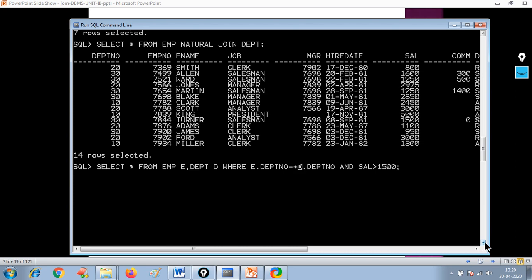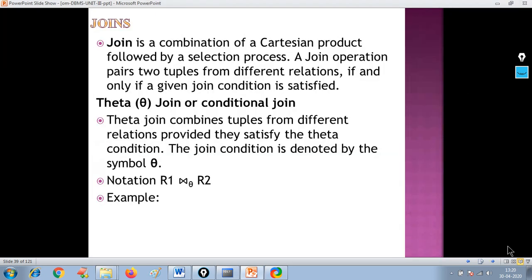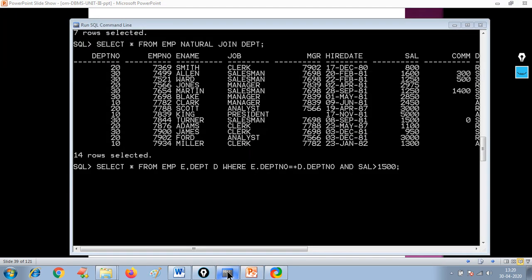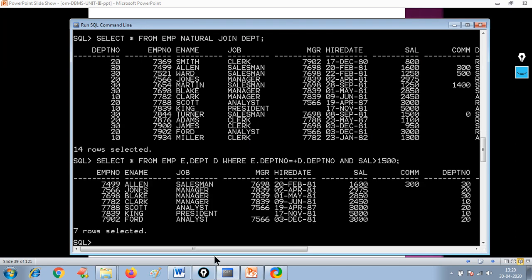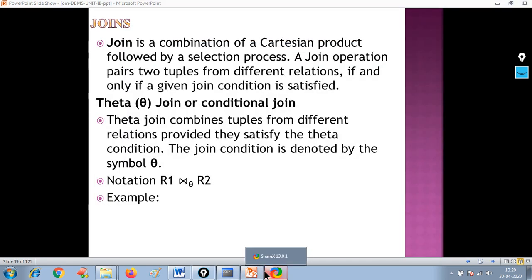If I use a plus symbol here, that will be called your left outer join. If I use the plus symbol on the other side, that will be called your right outer join, right? So to understand this, you need to consider this table.